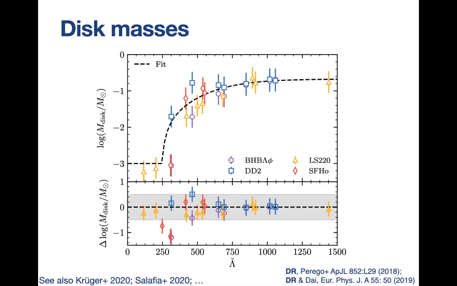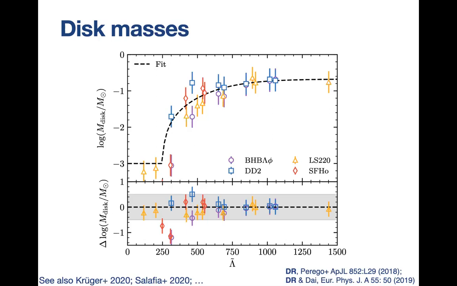Electromagnetic observations provide a lower bound on the mass of the disk, or more in general on the mass of material that is left outside the remnant, simply because from observations one can sum up all of the energy released in the ejecta, all of the radioactive contribution, then we know the rate at which material produces radioactivity, to some approximation, of course. So from there, we can infer the total mass of material that is powering the kilonova emission. And this turns into a lower bound on the accretion disk mass.